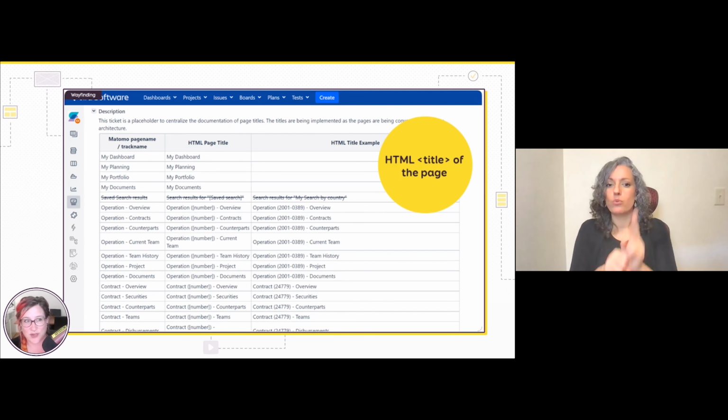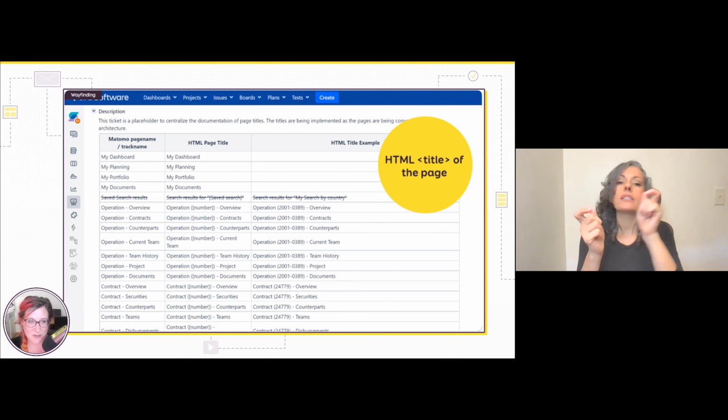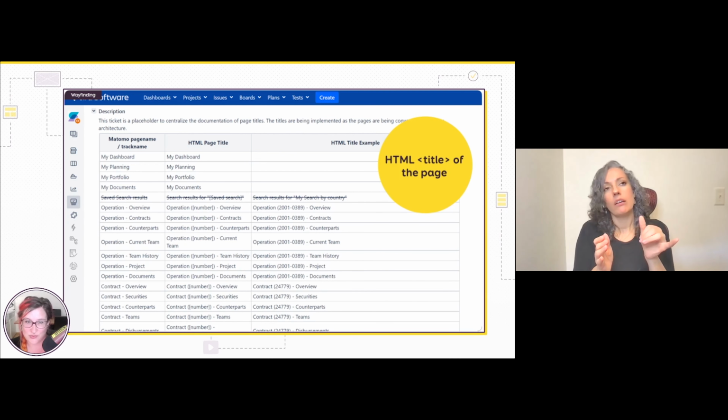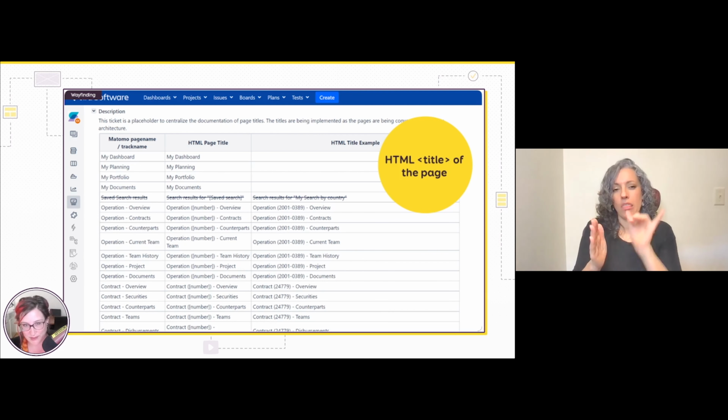And if you write a good HTML title, it should help them understand what's expected on this page. For those, you can document them directly on the page. We have Jira Etiquette because we have a complex enterprise tool, and our page titles are not just specific static pages. We have dynamic pages. So we are basically documenting the structure of the page title for those.